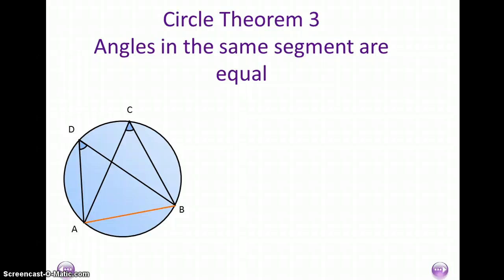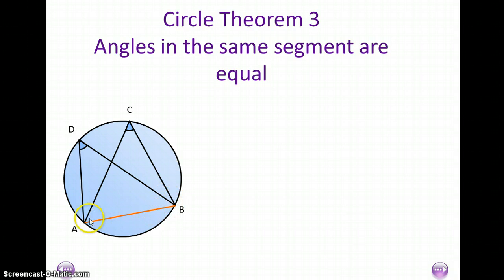Circle theorem 3. Angles in the same segment are equal. The line AB, this one here, is a chord. So this whole area here is the major segment, and this little bit down here is the minor segment. Any triangle that's constructed using AB,